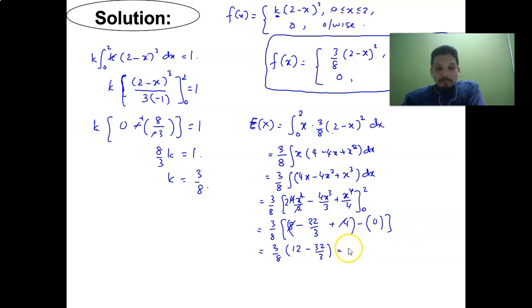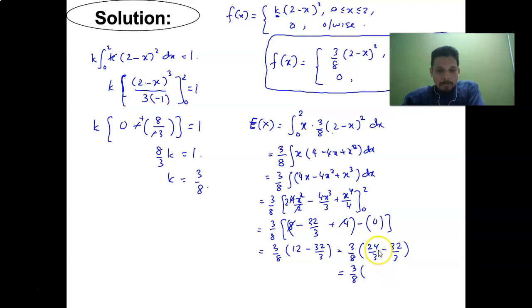So find out yourself how you're going to find this one, or never mind, I'll show you. 12 times 3 equal to 24 over 3 minus 32 over 3. Okay, 24 minus 32 equal to,